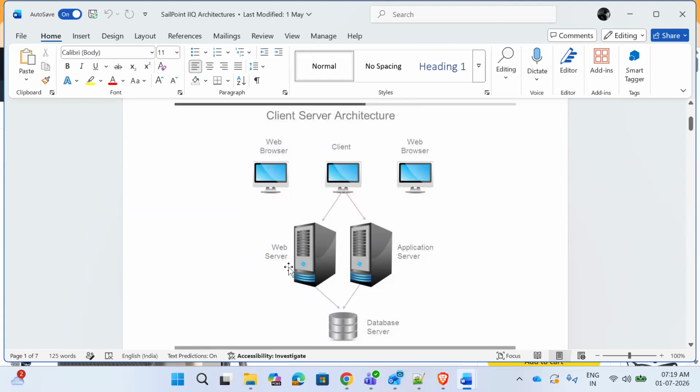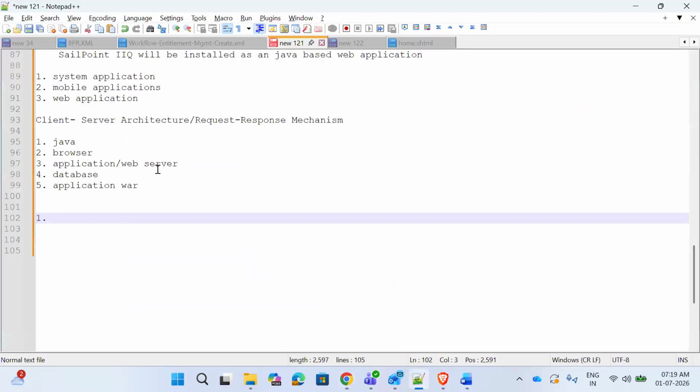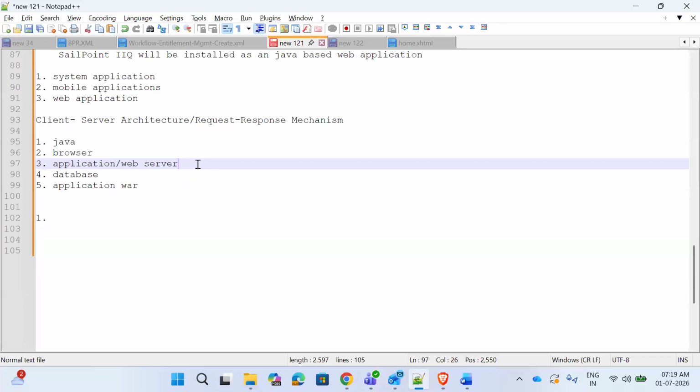So when we talk about this web server, it is nothing but a separate software that is meant for hosting and implementing web applications. The best example that we can think of for a web server is your Apache Tomcat, or if you have worked with